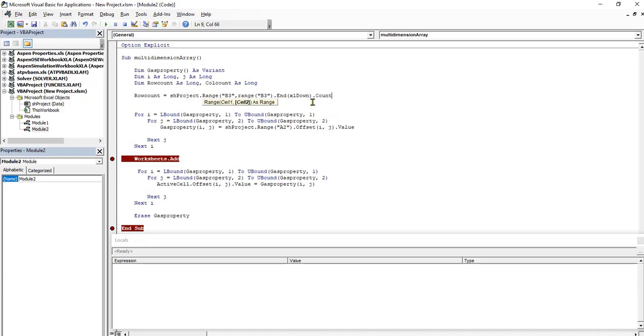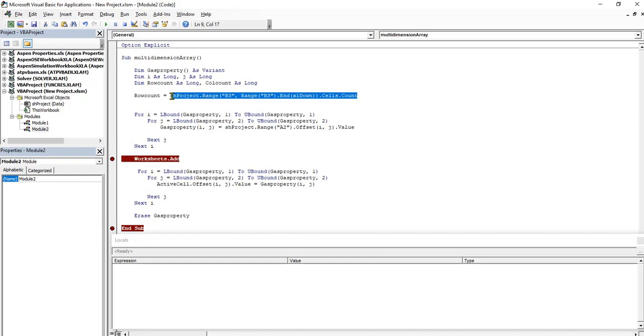So I didn't put cell dot cells. Okay, here the end, so I'm supposed to put bracket close. Okay, now